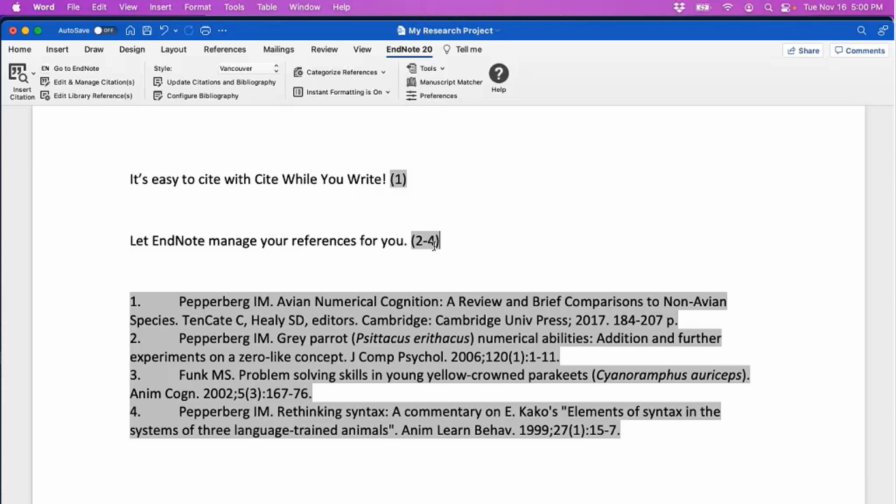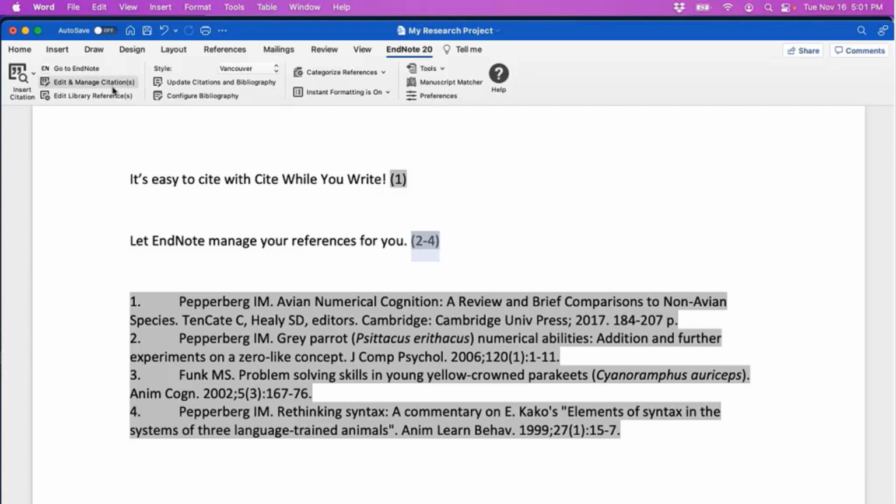Just as an example, maybe I just wanted one reference in this second citation. I didn't want references 3 and 4. If I just tried to delete what I see, I might see that change take effect temporarily, but you might have noticed EndNote just reformatted the document automatically, and that change was reverted. So if you want to remove a citation, maybe you inserted it by mistake or the scope of your body of text changes such that you no longer need to cite a particular reference, you would highlight that reference with your mouse. If it's a group citation, you would highlight the entire group.